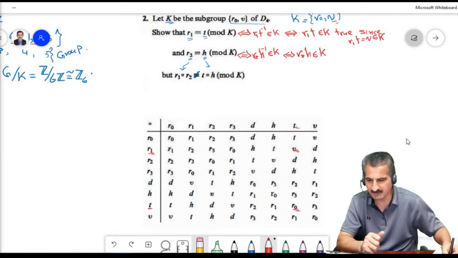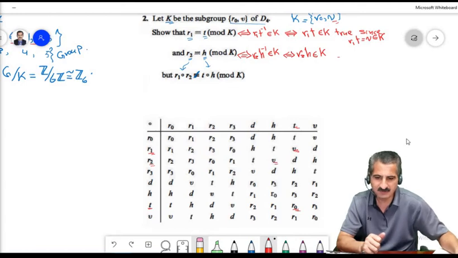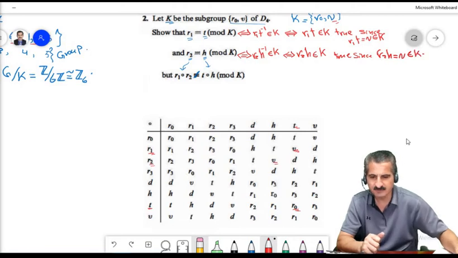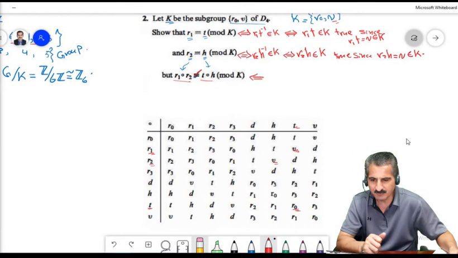We go here, R2 times H is V again, and this is true since R2 times H equals V, which belongs to K. Okay, now we need to show these two things are not congruent modulo K, and to do so we need